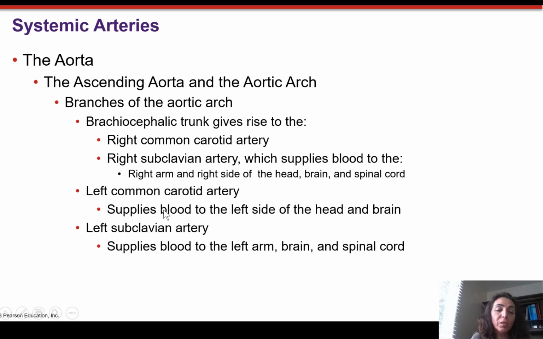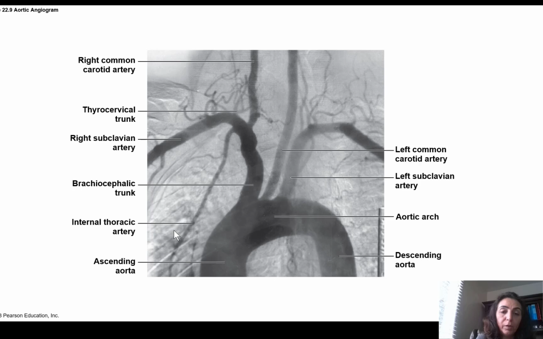And the left common carotid artery supplies blood to the left side of the head and brain, and the left subclavian artery supplies blood to the left arm, brain, and spinal cord. The brain and spinal cord supply of the subclavian artery refers to the vertebral artery that separates from the subclavian artery. Then here you are looking at, what do you see? You see the ascending aorta, then the aortic arch, and then the descending aorta,